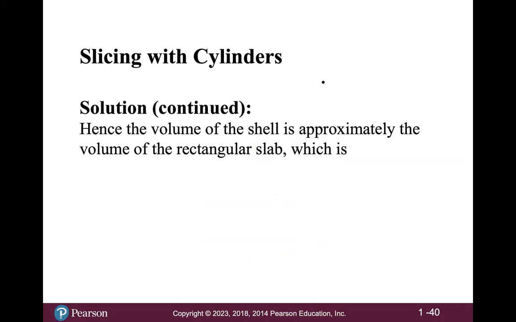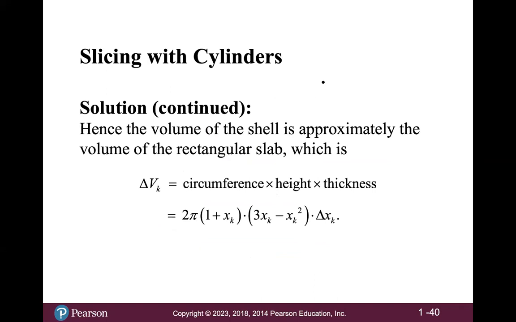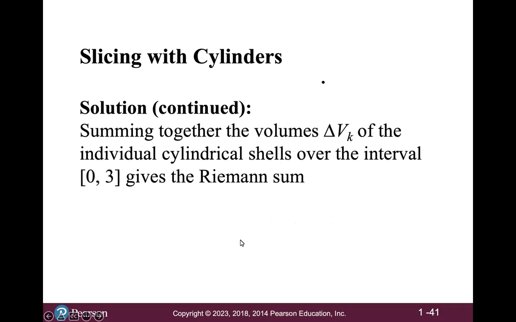Hence, the volume of the shell is approximately the volume of the rectangular slab, which is the circumference times the height times the thickness, which comes out to this expression here. All right, summing together the volumes of the individual cylindrical shells over the interval from 0 to 3, because those were the x-intercepts of the parabola, gives the Riemann sum,